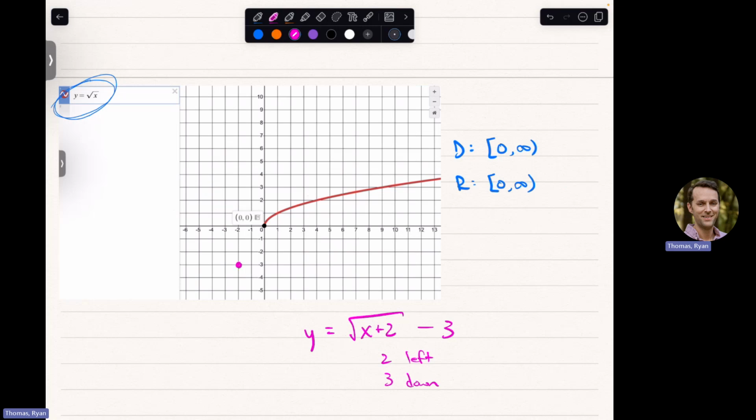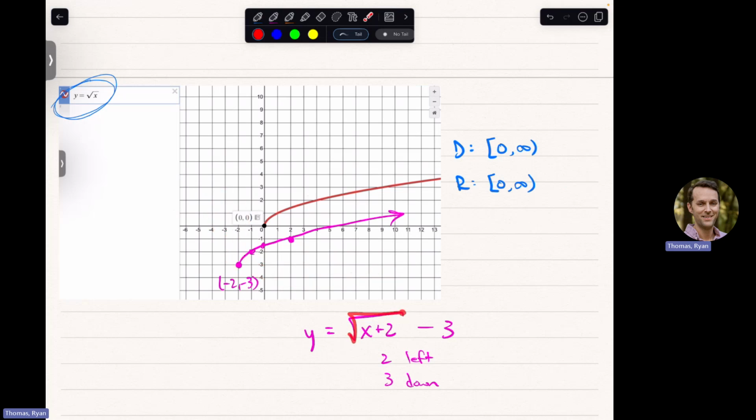So that point would end up there at (-2, -3), and then something like this, right? Same shape. Obviously, I'm not being real precise about drawing it, but same shape, just shifted left and down. Okay, so it's not necessarily that they can't be in any of the other quadrants. It's that